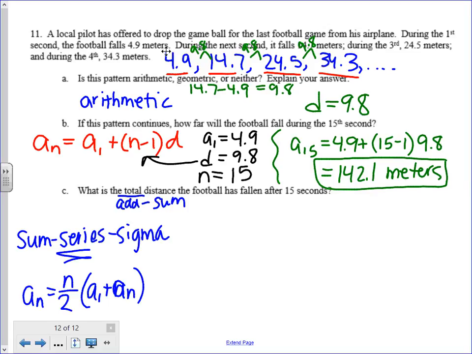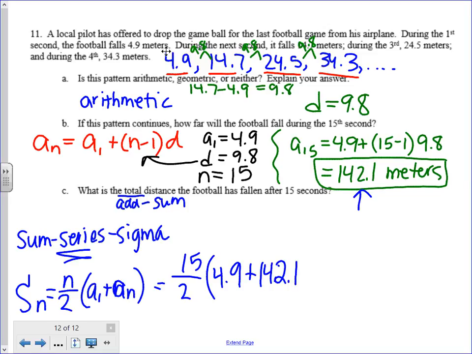All right, so we have S sub n equals n over 2 times a sub 1 plus a sub n. All right, let's see. So we have n is 15. That's how many seconds we're adding up, over 2. The first term was 4.9. And the distance after 15 seconds was up here. We found that as 142.1. So that's adding up all the meters that the football fell for 15 seconds. And when I put that in my calculator, I get that the football has fallen 1,102.5